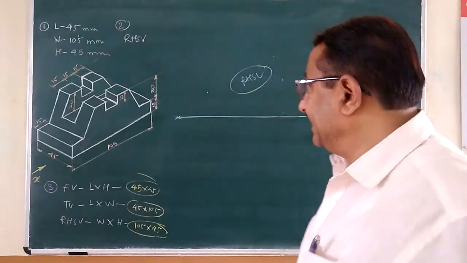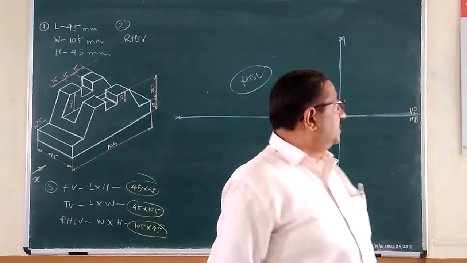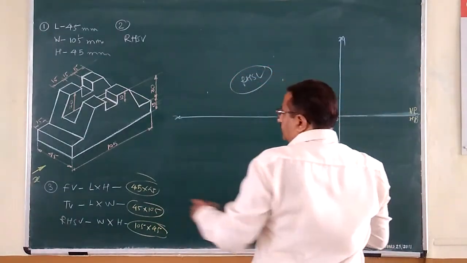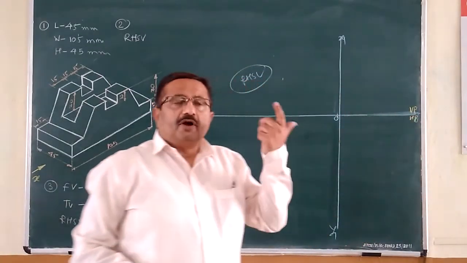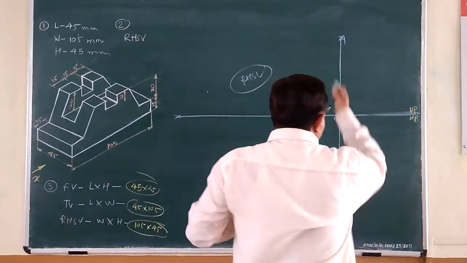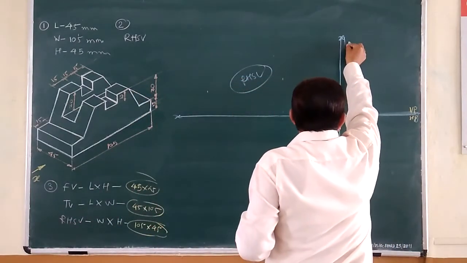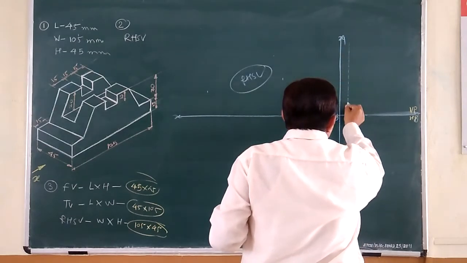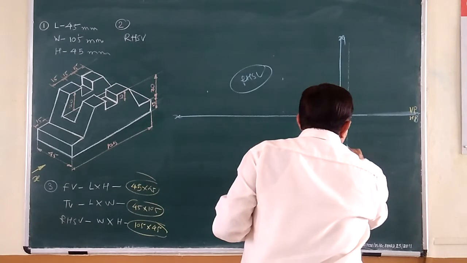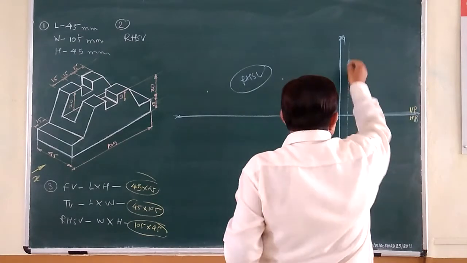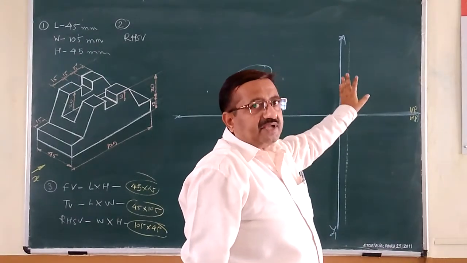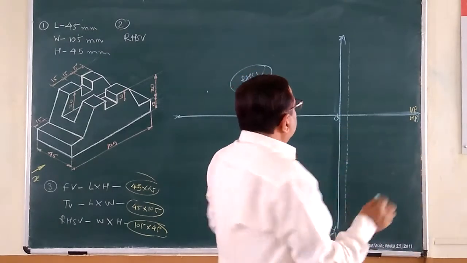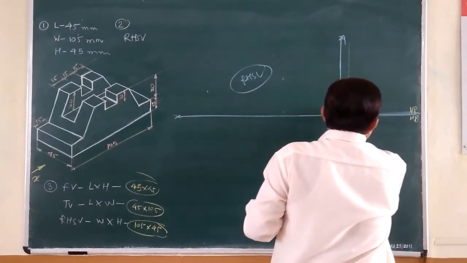Now, the very next step is to draw the construction. We have to mark the areas now: front view, top view, side areas. Initially, we will start with plotting the areas of front view and top view. So what we are supposed to do first of all is draw 10, 15 or 20 mm space lines parallel to each other, bearing on the VP and HP only, not over VP. Similarly, in the same way, you have to construct. Maintain a space of 8 to 15 mm, any available space as per your requirement and space availability. Horizontally also you have to maintain the same distance.